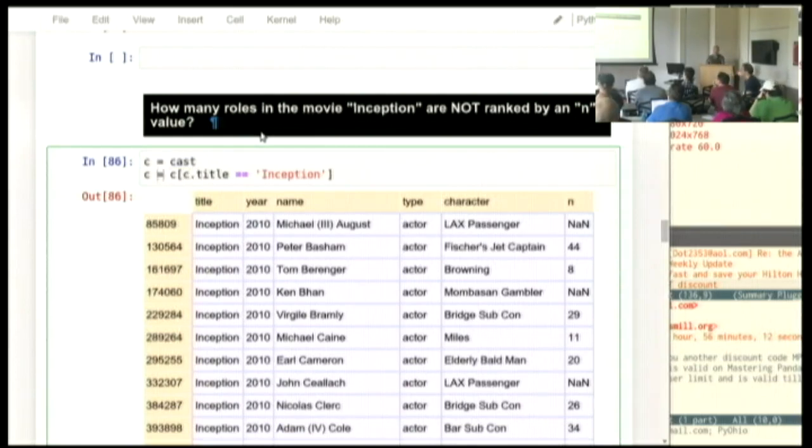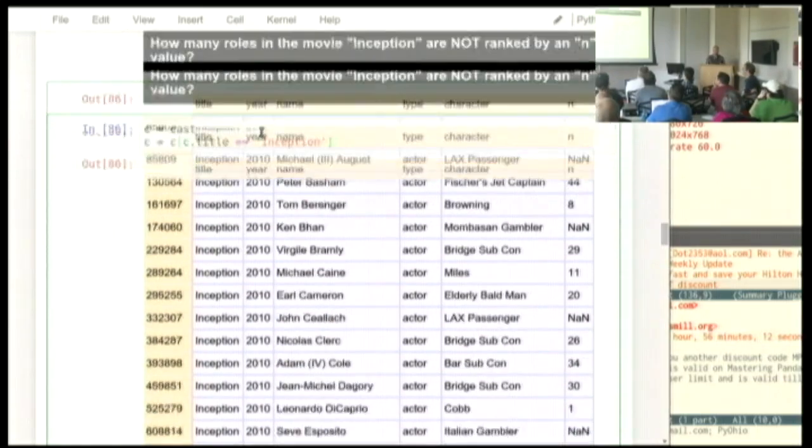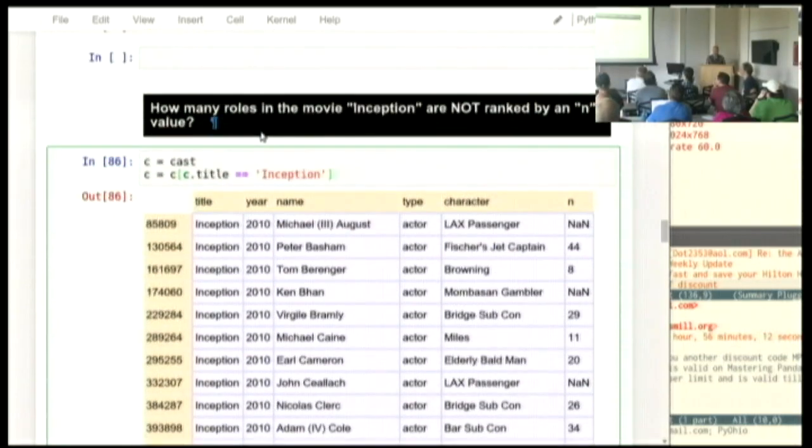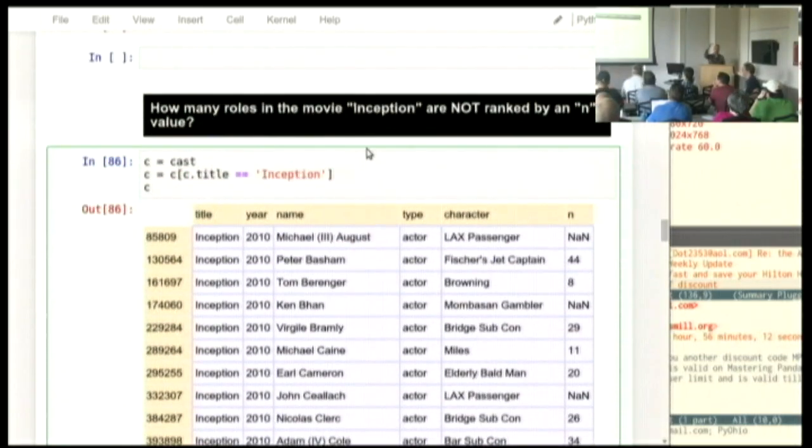I'm then going to throw that out, and on this line of code, I'm going to reuse the name C for this more limited data frame right here of everyone in the movie Inception. That lets me run several lines. That way I don't have to do all my computation on a single line. I can do smaller steps. I can comment them out if I decide some of the steps might have been mistakes.